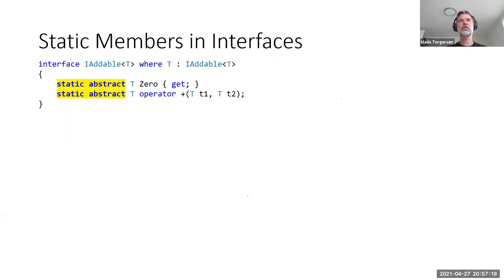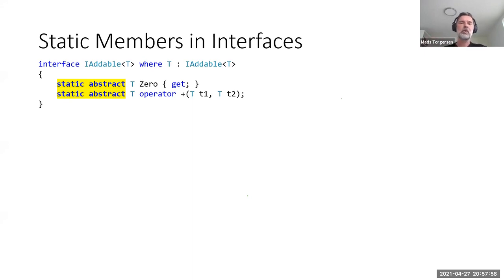So you have to have one of these properties on the instance. What if you could also specify static members and force implementing classes and structs to have certain static members? That would give us the ability to abstract over new things. And in particular, operators, which are static members. So probably the primary thing we want to use this feature for is giving you the ability to have numeric abstraction, to abstract over things that have numeric properties and have operators and so on.